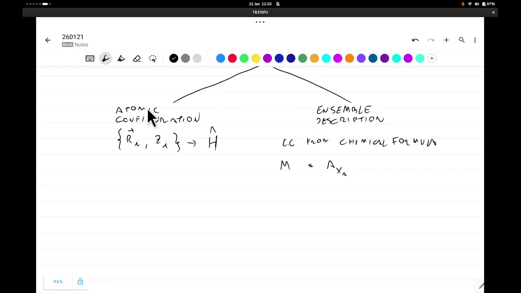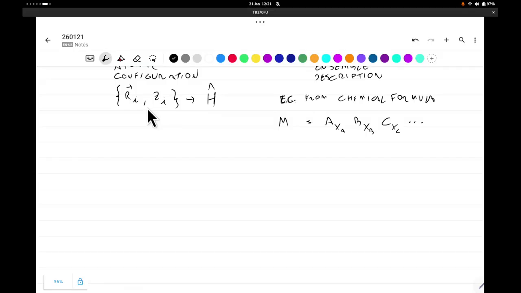So there will be element A, B, C, each with its stoichiometric index. And to construct a descriptor that is usable for making inference, we may use summary